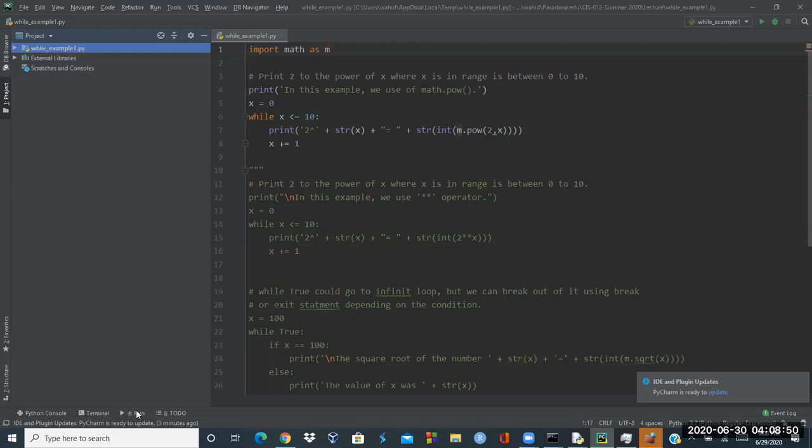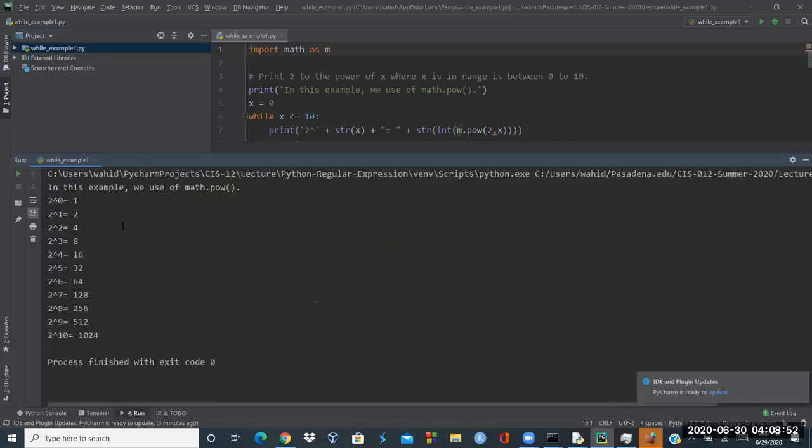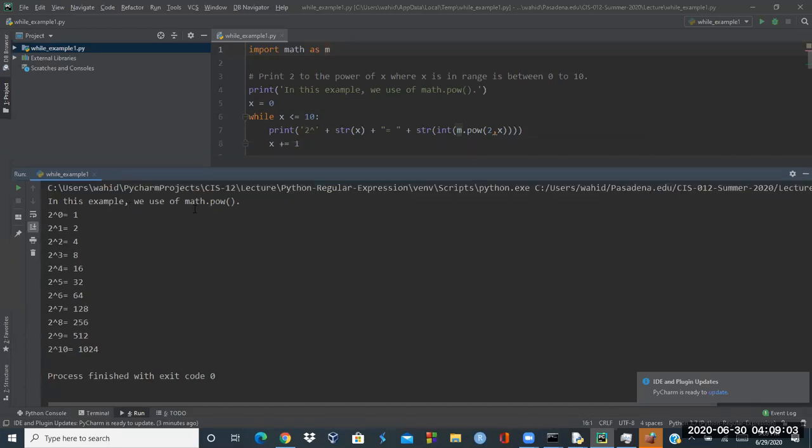So if you look at the run output here, let me minimize it a little bit, up to right here. It just says, in this example, we use math.pow, and this is the print statement that does it, and the import is already loaded. X is set to a variable 0, and then while x is less than 10, it does this 2 to the power of x. So this one is printing